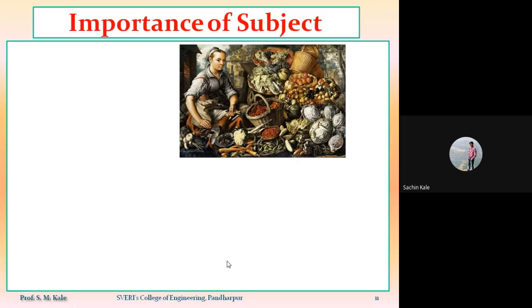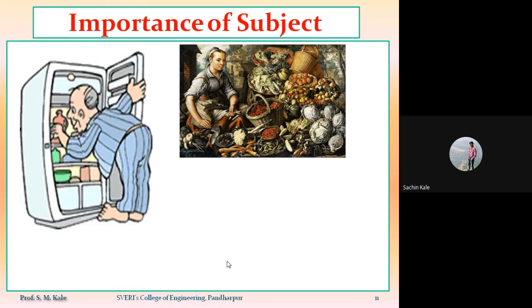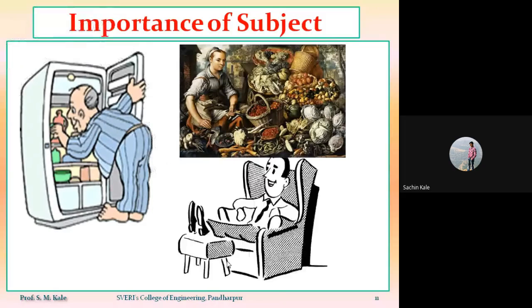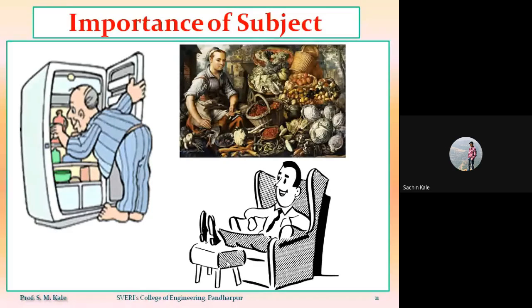This is the ancient picture, and in the ancient era, we were preserving food by using various techniques. There are so many vegetables, and those vegetables are preserved by using various techniques. In the second picture, you are observing that nowadays, for food preservation, we are using the various refrigeration processes. And the third one, what does it indicate?